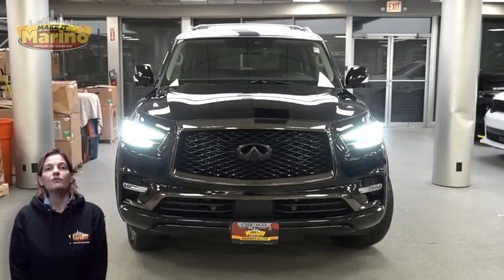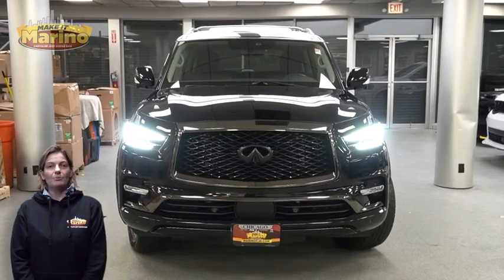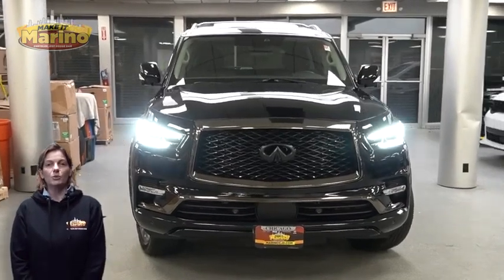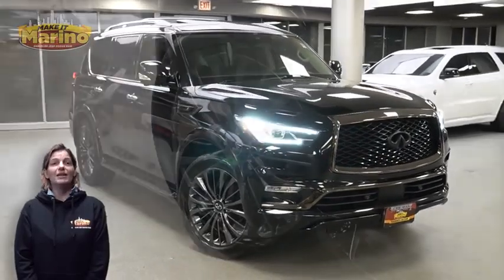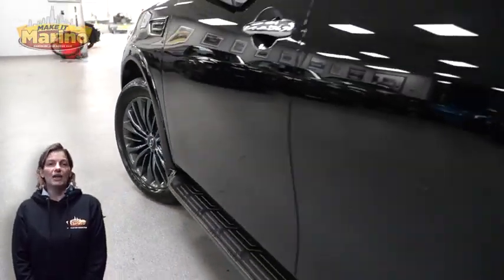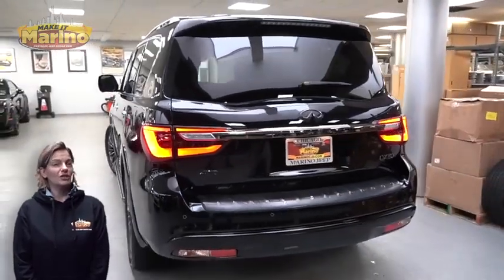Have you been searching for the perfect SUV with safety and reliability without breaking the bank? Take a look at this 2021 Infiniti QX80 Premium Select in black with HID headlamps, front fog lamps, 22-inch aluminum